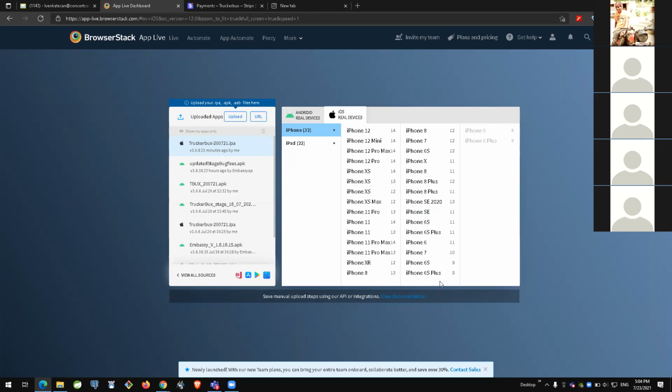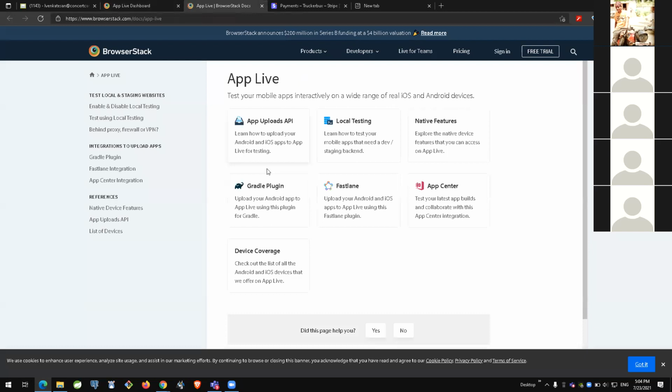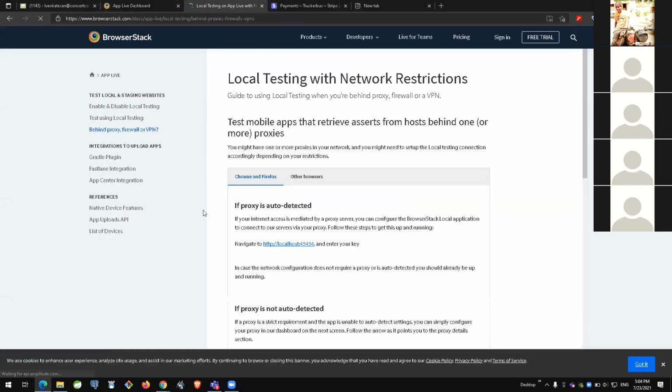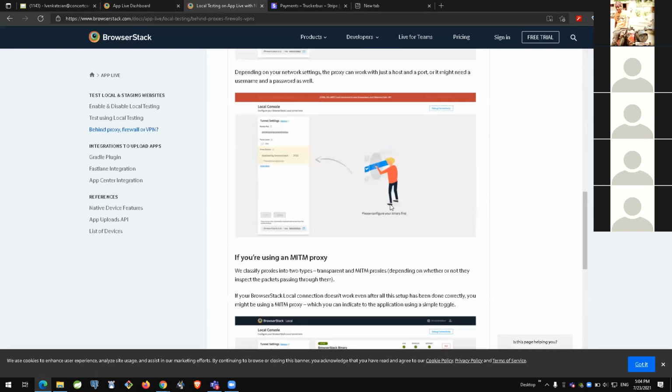Regarding documentation, you can go to View Documentation here to see how to use a particular API. If you have any issues with the automation side or the Gradle side, or enabling local testing, you can go through that documentation. If I want to use a VPN, these are the sections you can read through.